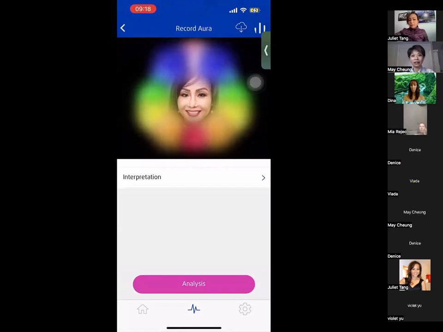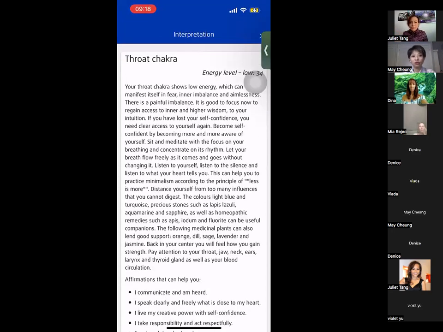So that's the aura photo, and that gives some basic information about your scan and how to interpret the information. Now the second part is the aura analysis. Before you start, if you tap on interpretation, that also gives you some explanation about the different chakras. A lot of this information is available online, and you can look for more information, but in here it's a quick way to take a look at what it means for the various chakras. In this case, it's showing that you're very low on the throat chakra. It explains what it means to have low energy there,